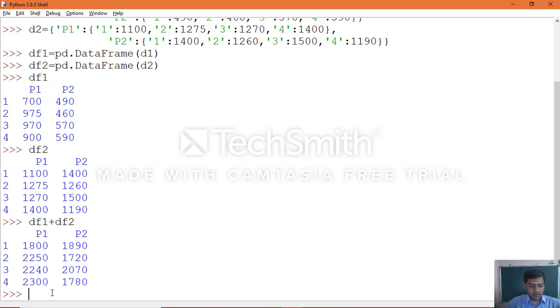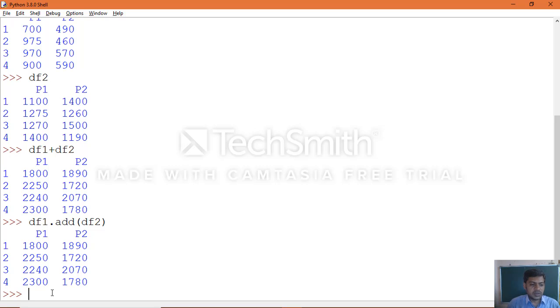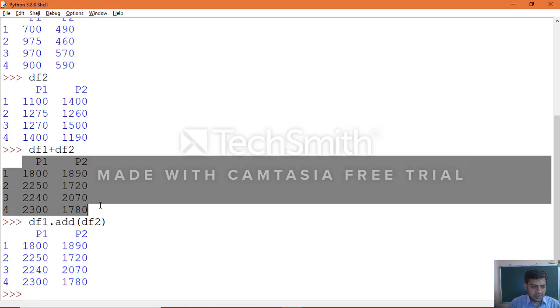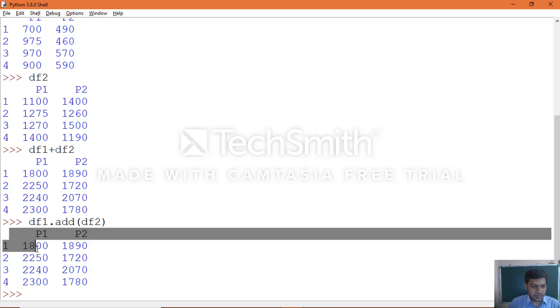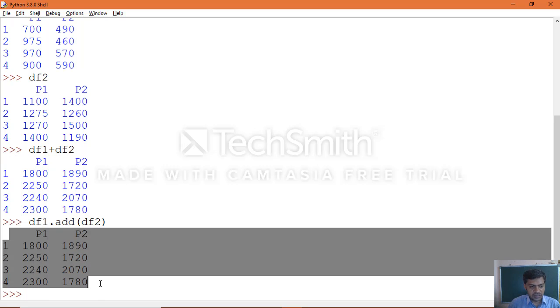Not only this way, you can use the functions also, which will give you the same result which we got with the normal operator. You can see the output. You can compare where we used the normal operator and where we used the add function, the addition function.